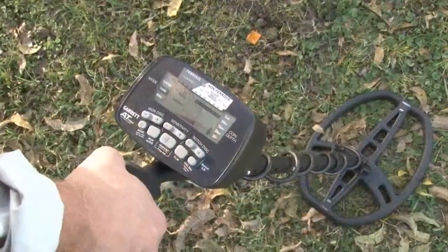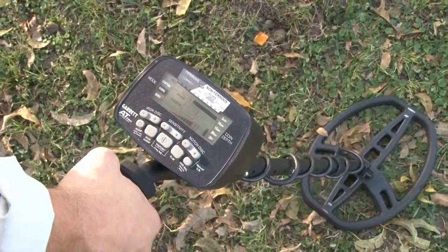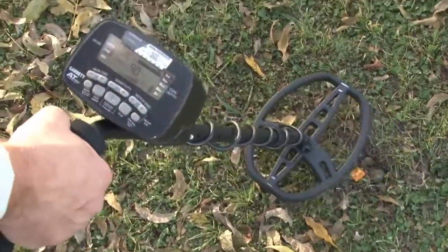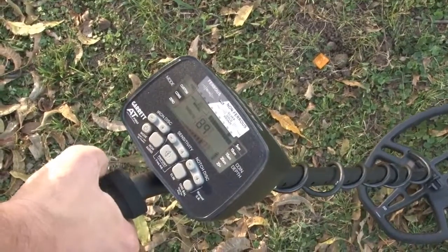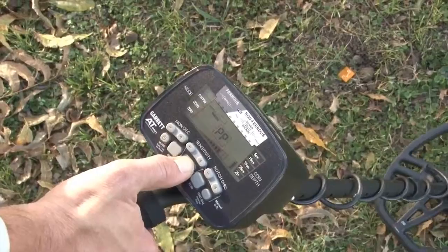The standard method for pinpointing involves using the pinpoint push button, and what you do is find a target, then where you think it is, step to the side of it with your search coil before hitting the button. That way you don't accidentally tune out the target. So push the button and come back over your target,